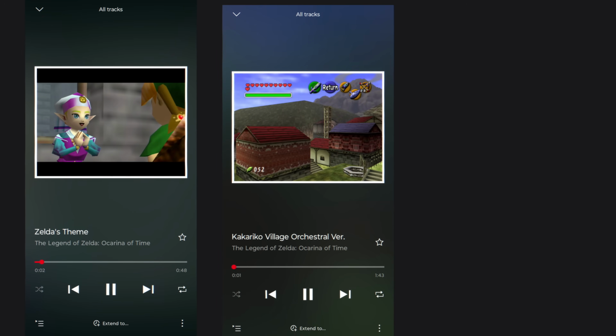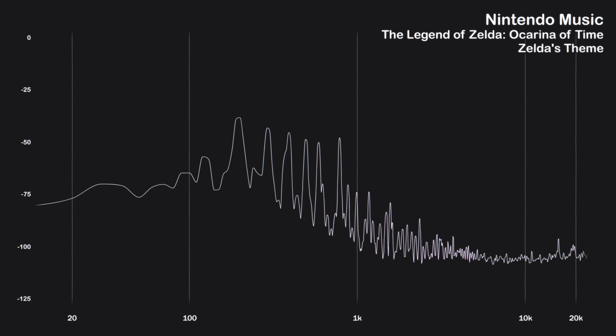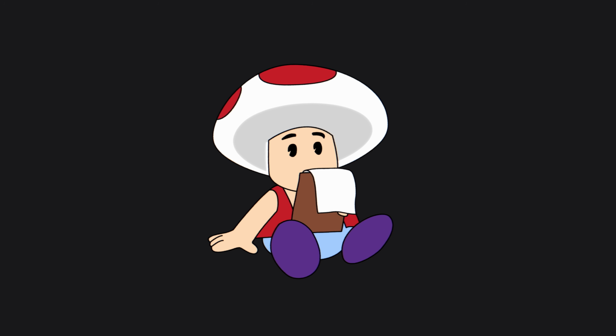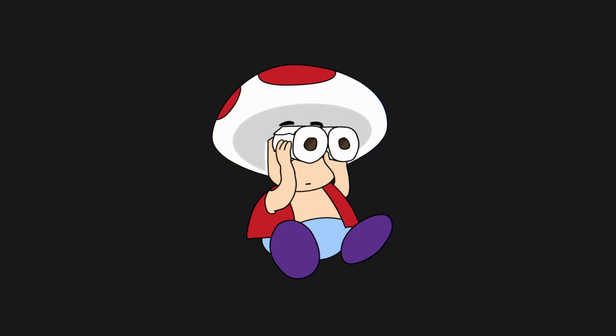With the other 3 tracks, which are Zelda's theme, Kakariko Village Orchestra, and Reuniting with Zelda, the mistimed loops cause more of a tremble to the pitch of the lead instruments when they happen. I'd imagine this to be an easy fix, so it's likely these and any other loop issues may be fixed in the future. A common complaint I've seen is that not every track is eligible to be extended, but from